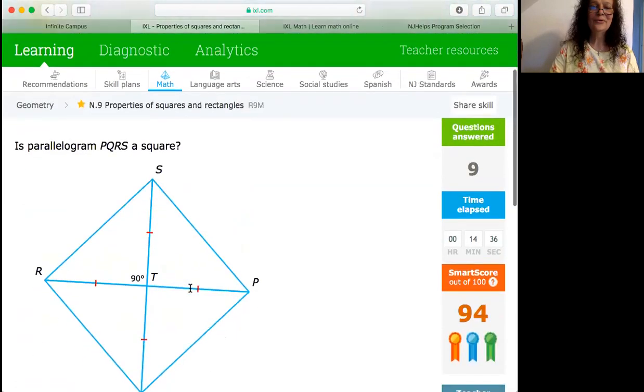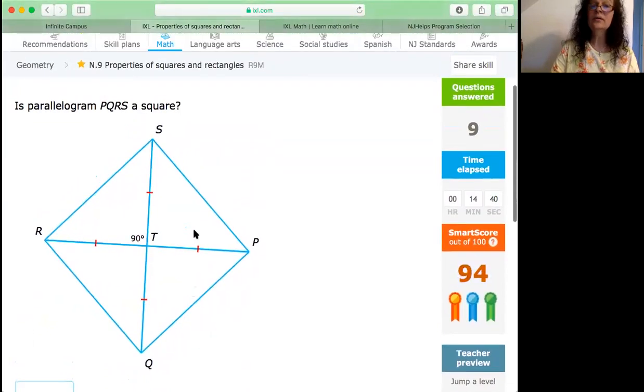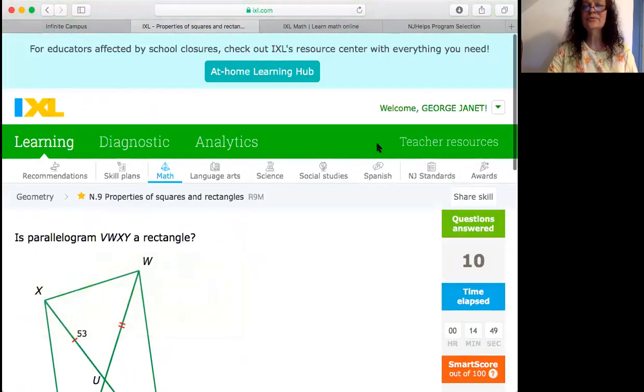One more. Okay, how about this one? Is this a square? Yes. You see the one tally and you see 90, that means they are all 90. So the answer has to be yes, and that's it for